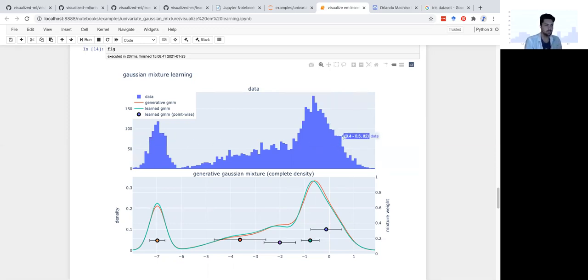Each one of these observations in our data set would be assigned to one component with 100% certainty. And that simplifies the math a lot, and is much faster, but